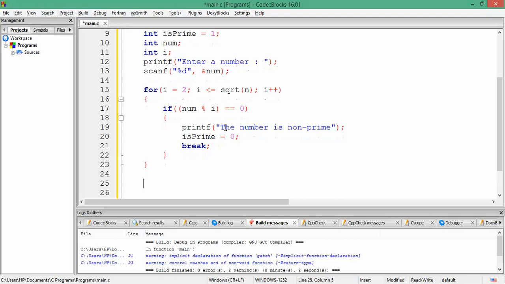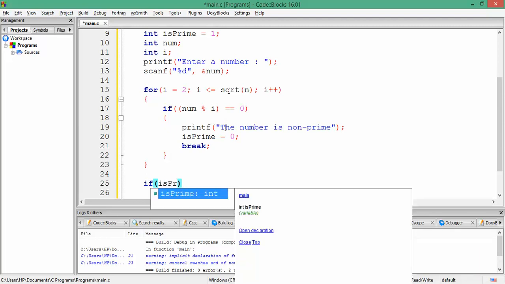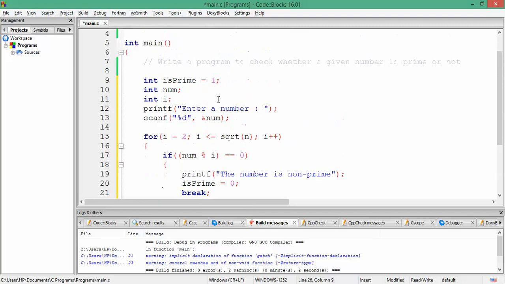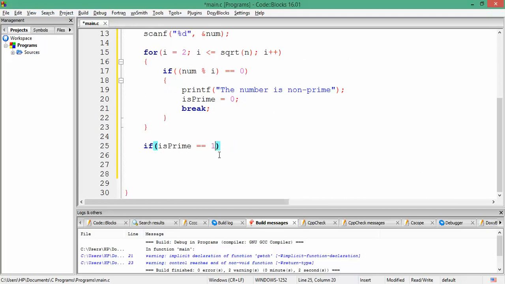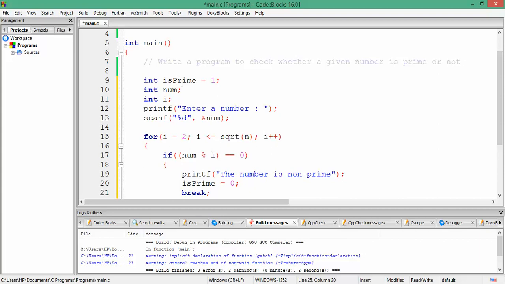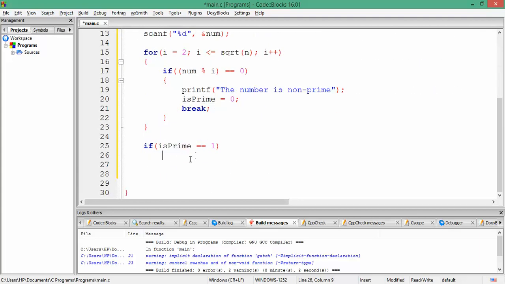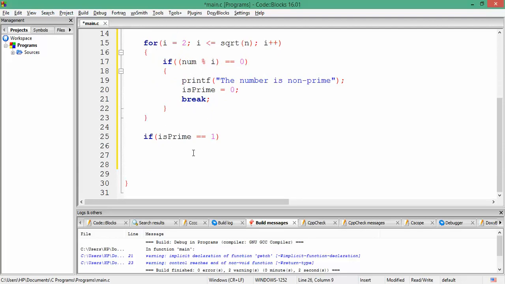Now after coming to this point, we'll have to display conditionally that the number is prime, and the condition is if is prime flag is still true, which is the initial value of the flag. So we have initialized is prime flag with 1, and if the condition is never satisfied, is prime flag would never be set to 0, it would remain 1, right? So at this point, if we check is prime equals to 1, it is equivalent of saying that we have not found any factor of the number. So if we have not found any factor between 2 to root of n, then the number is prime. So we can print here